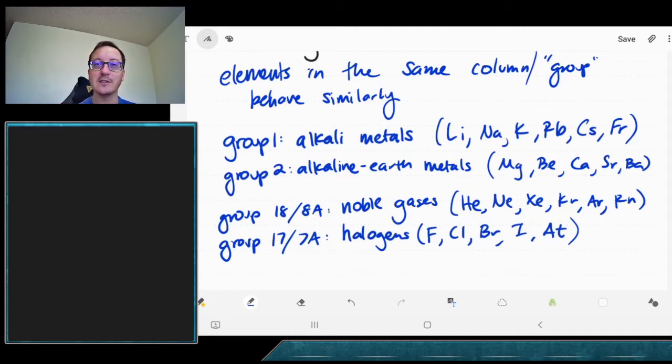Those are halogens. Their name means salt forming. So, for example, sodium chloride has chlorine in it. That's the element Cl. That's an example of a halogen, so something that makes salt. All right, and the last one